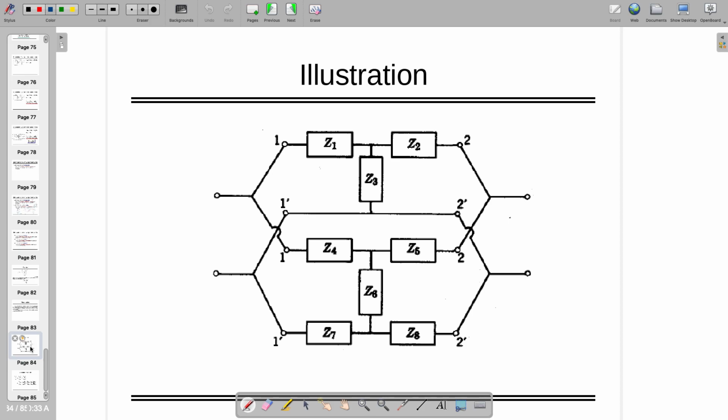So what do you think? You have to answer me. I will not give the answer. By the way, these two are T networks, which are